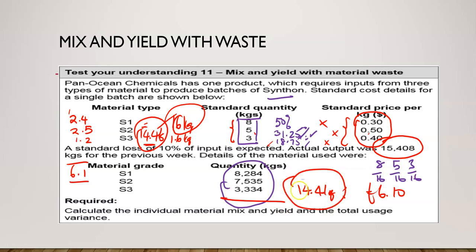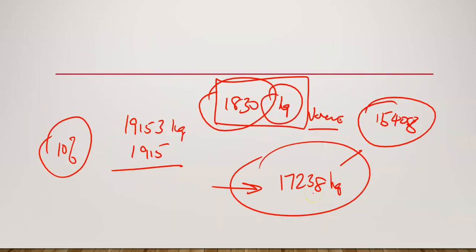So this is my standard costing tool. 14.4 kilograms, £6.10. Let's just go back here. 14.4 kilograms, £6.10. So what we now have here is a variance of